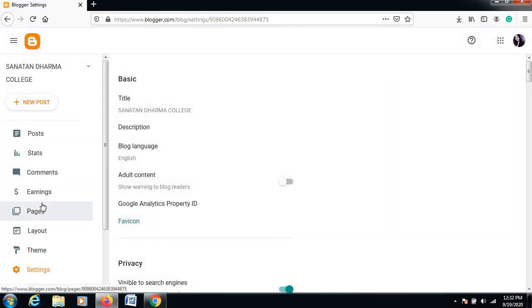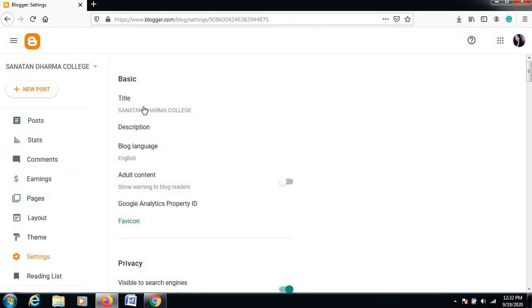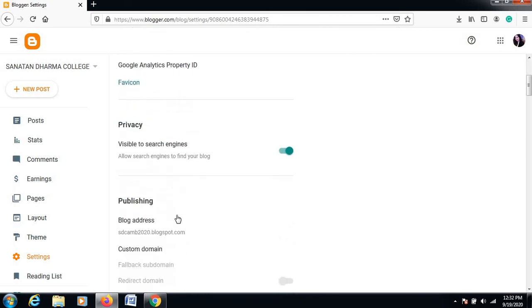Settings part is basically for making any type of changes to your blog, like the basic information of title, description, language, or the privacy part, if you want to show this blog to the search engines or not.